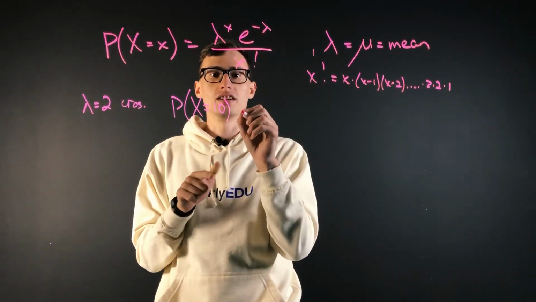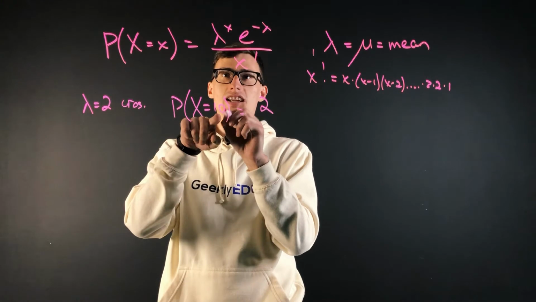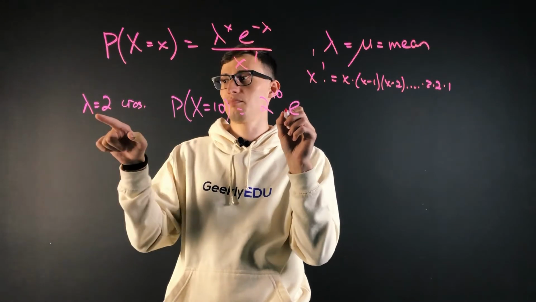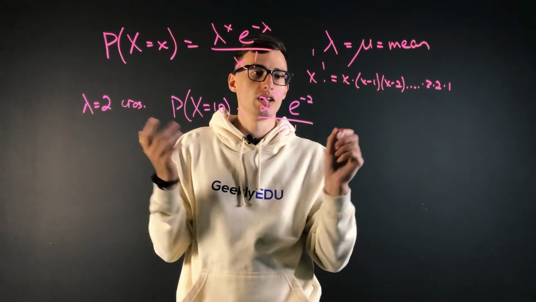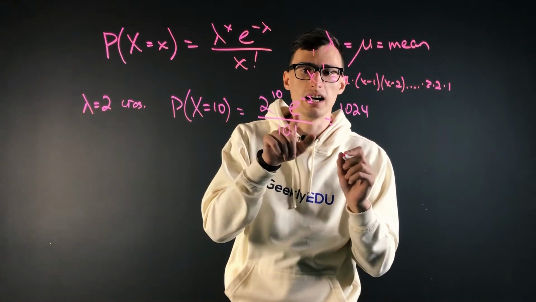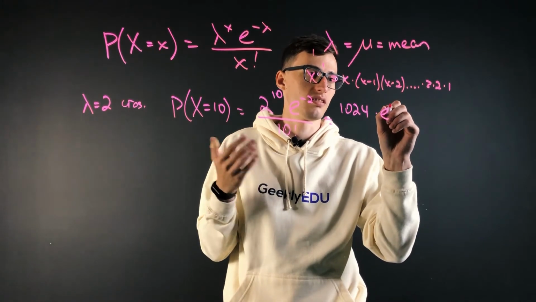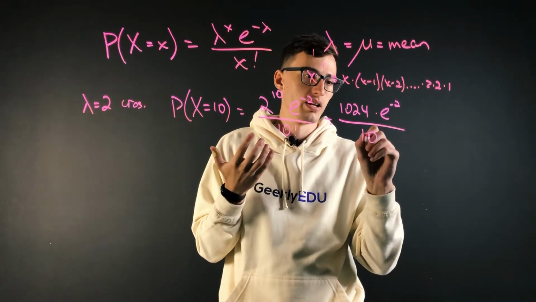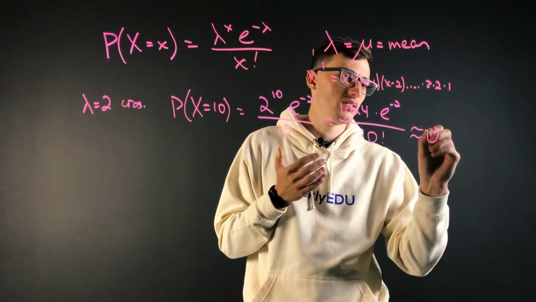So let's plug everything in here. We know that lambda is equal to 2, and small x in our case is 10. So it's 2 to the power of 10, times e to the power of minus lambda, so e to the minus 2, over 10 factorial. Now, 2 to the 10th, I know from the top of my head, is 1024. I have no idea what e to the minus 2 is, but you can just plug that into a calculator. We can just write it as is because it's just a number. And same with 10 factorial, it's also a number, and I'll just leave it the same. Now, you guys can check me if I'm wrong. Plug this into a calculator, but the probability is equal to about